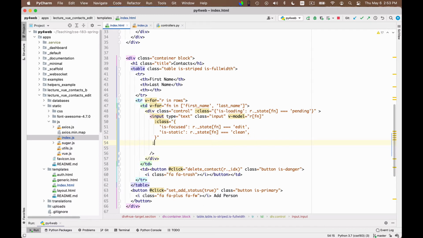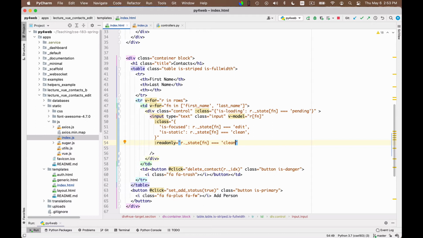Nothing worse than fighting indentation. I also need to add the readonly attribute in this case in which r.state of field name is equal to clean. Why do I need to do it this way?